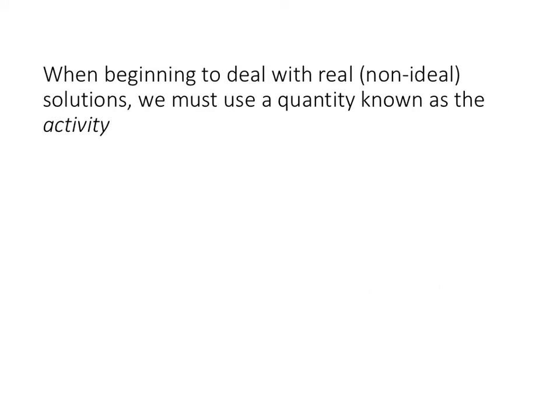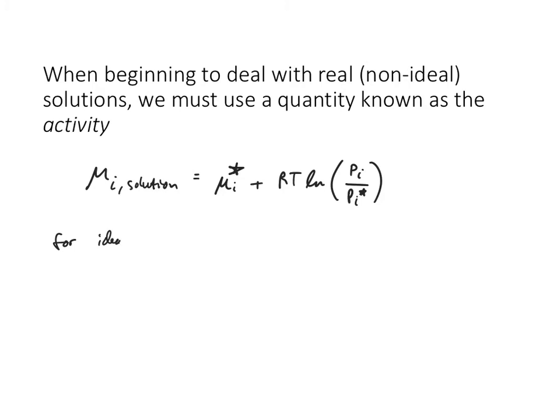So now we're going to begin to delve into non-ideal solutions, and we need to lay this foundation in order to look at the equilibrium of non-ideal solutions. We saw before that the chemical potential of a certain component in a solution is going to be equal to the chemical potential of that pure component plus RT log partial pressure of that one over the vapor pressure of the pure substance. And for ideal solutions,